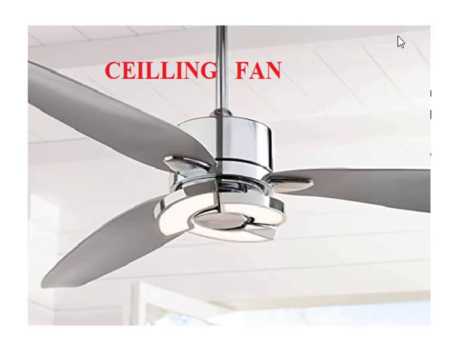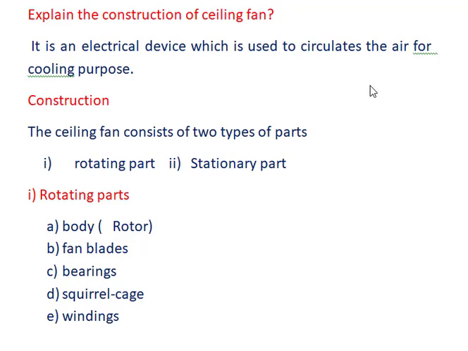Dear students, today we discuss the construction and working of a ceiling fan. The ceiling fan is an electrical device which is used to circulate the air for cooling purposes in houses and offices, etc. The ceiling fan consists of two types of parts. One is the rotating part, and the other is the stationary part,